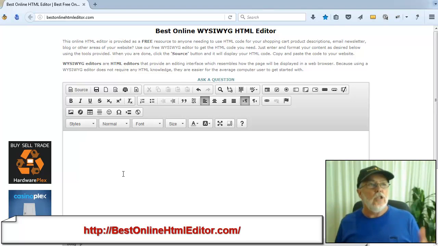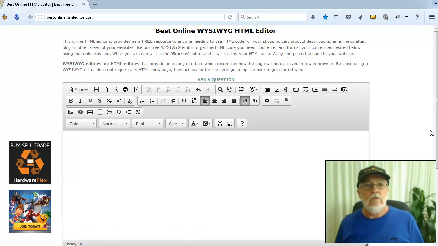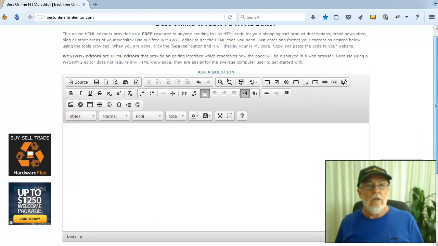bestonlinehtmleditor.com. Just go to that and you end up with a page that looks like this with a couple of ads on the side to actually pay for it. So you can put in here anything you want text-wise, okay? So now, whenever I copy and paste anything